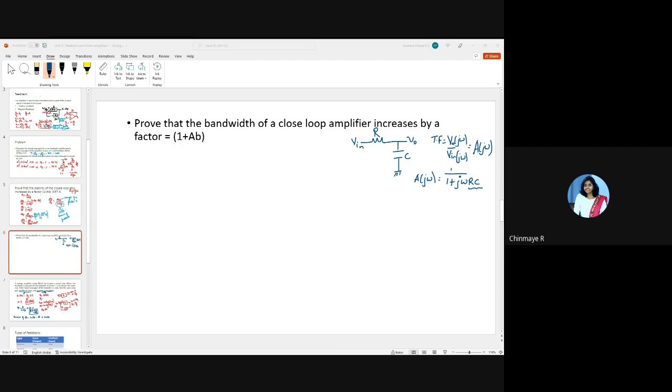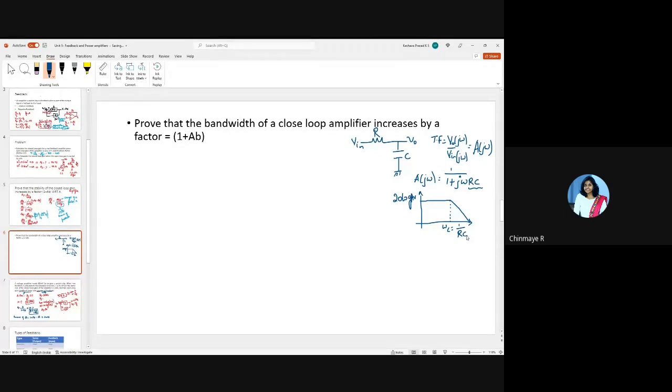We saw this circuit while we were learning the lower cutoff frequency and higher cutoff frequency of MOSFETs, right? So therefore, now here A of j omega is equal to 1 by 1 plus j omega RC. So if I have to plot this, 20 log of AV, this is at 0 dB, and then it comes down, right? So this we call the cutoff frequency, and we proved that this is equal to 1 by RC. We have done it earlier.